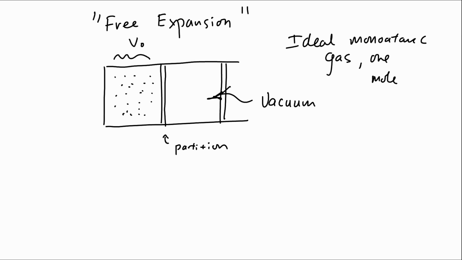All right, so we have a big container with a volume of 2 V naught. We put a partition in, kind of like a magician would when they saw somebody in half. Don't do that at home. There's a partition in, and all the gas is on one side. Now we could make that partition a piston, and we could expand the gas reversibly, right? So we'll do an irreversible